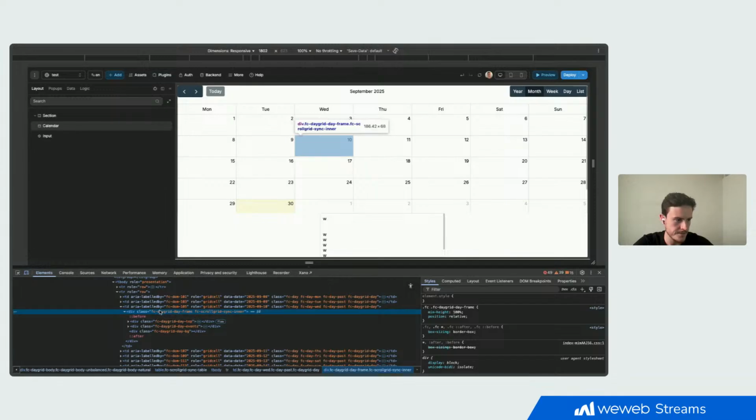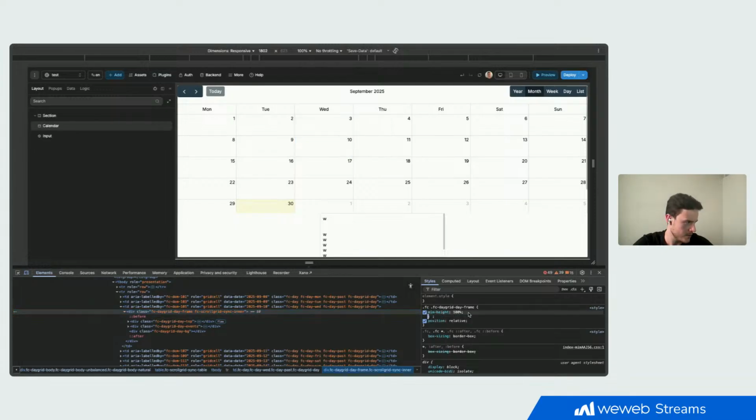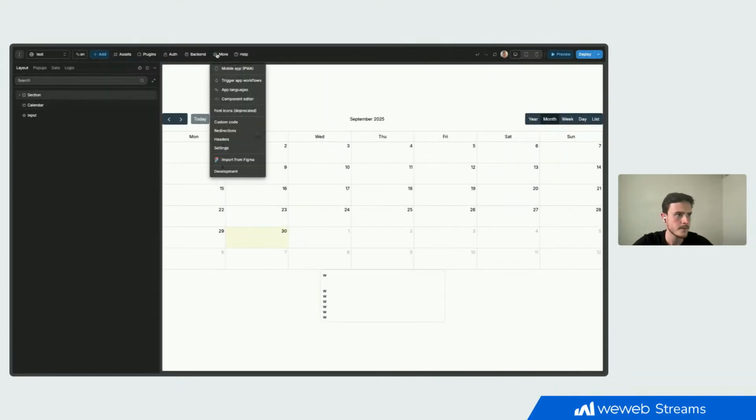So here it is. And I can see the cell has this class of fc-daygrid-dayframe, etc. One thing you could do, just to make sure this works correctly, is if I click this and then say height 500 pixels, you can see it got massive, so I can tell this is what I want. So I can copy this class, and then in WeWeb now,